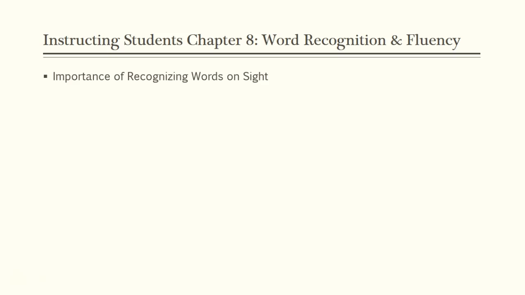We know that sight word recognition is a prerequisite that aids in word identification strategies. We know it promotes more instantaneous word recognition. We know that automatic recognition of words is the basis of fluency, and it also contributes to improved